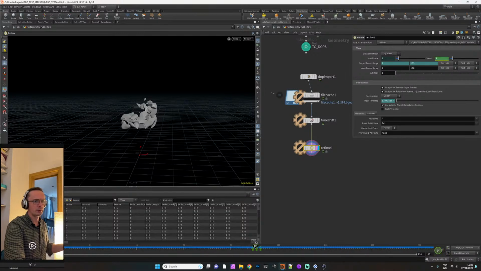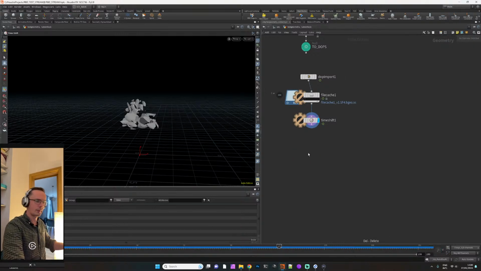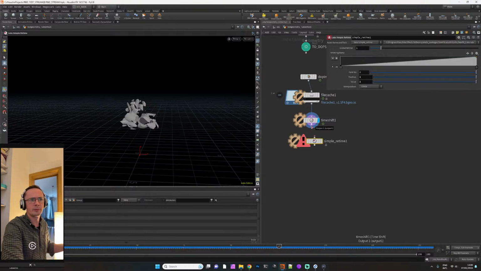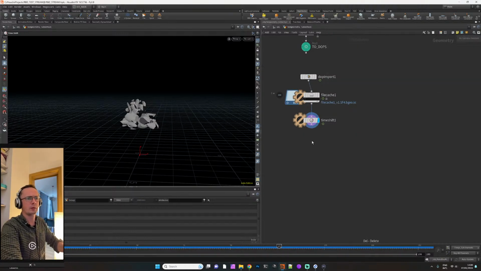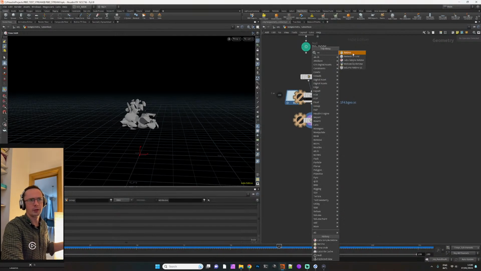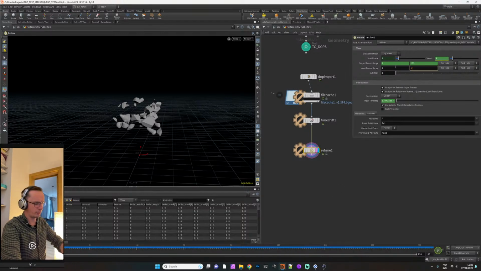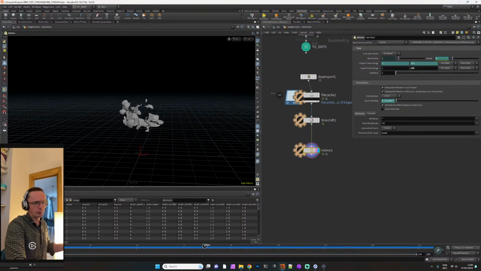Let's see. Oops, what happened? Sorry for that. Again, lab simple retime. No, we need just to change the speed. So retime, yep, by speed. Yes, exactly. So we got frame 1. Oh yeah, I forgot to change the input frame. That was a problem. So it will rotate for 4 seconds,